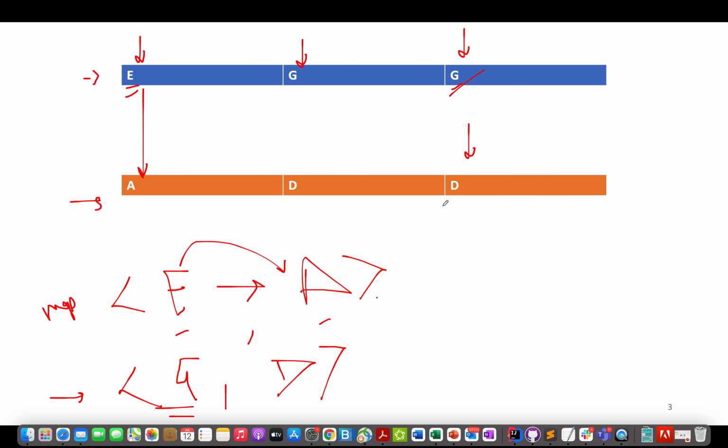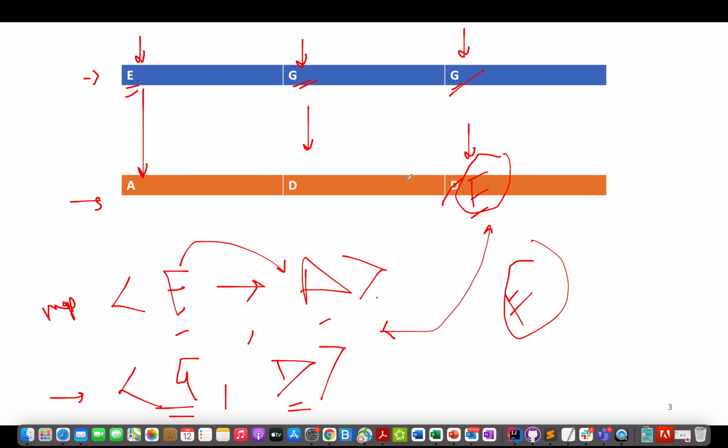Had it been any other character such as F, then the target character here would have been different from what was already in the map, D. It's a mismatching case, and you cannot map two G's, one to D and one to F. Therefore the isomorphic condition does not hold, and we need to return false in that case.